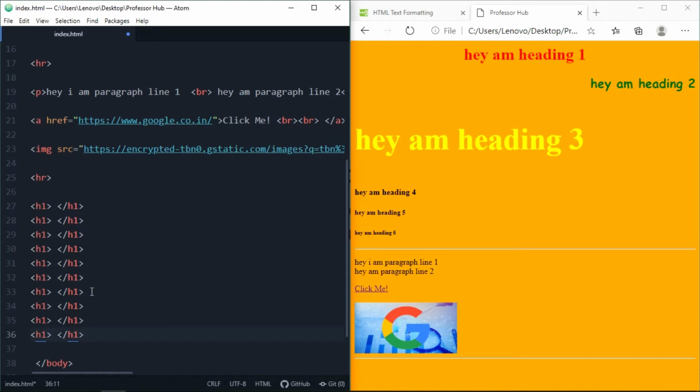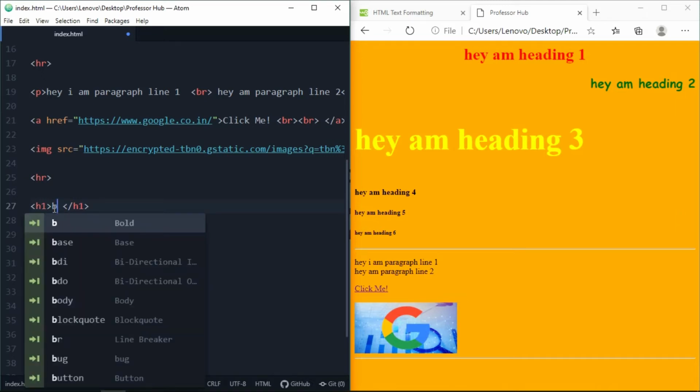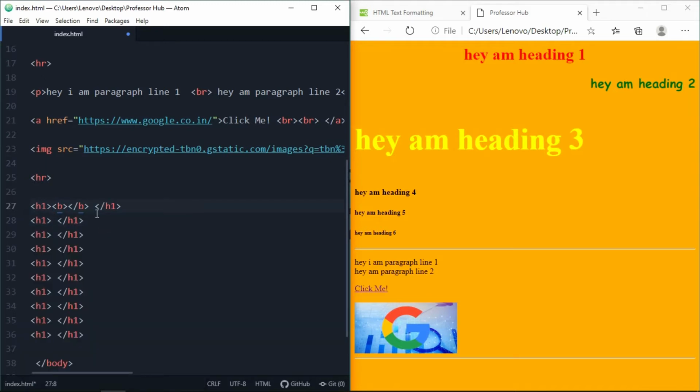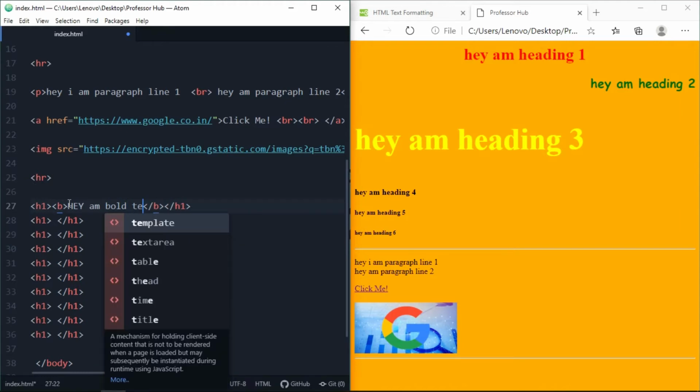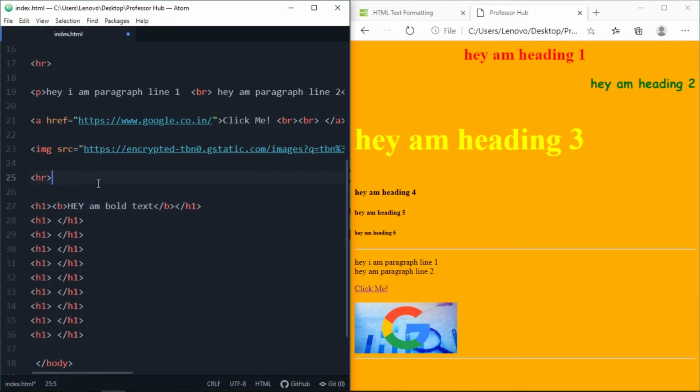So let's add B tag, which is used for bolding our text. So let's cancel out the extra spaces from here and add hey bold text. Save it and refresh it.